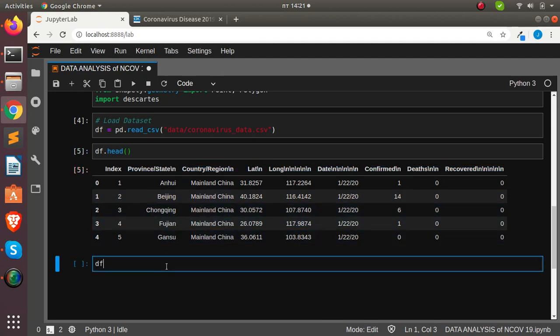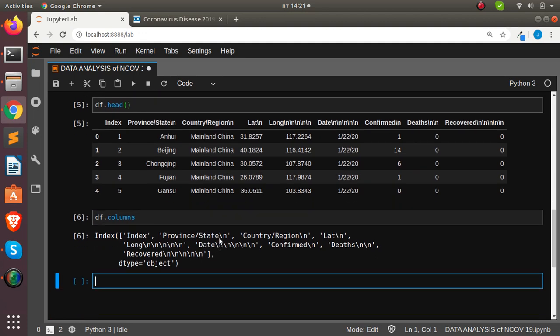So I'm just going to go with my df.columns. If I go with the columns, you can see that it is having a backslash, right, and then new line. So how do we clean this? So let's do some simple data cleaning. We're just going to go with df, right? We are trying to clean all of these things, these new lines. So it's going to be very simple. It's going to be df dot columns